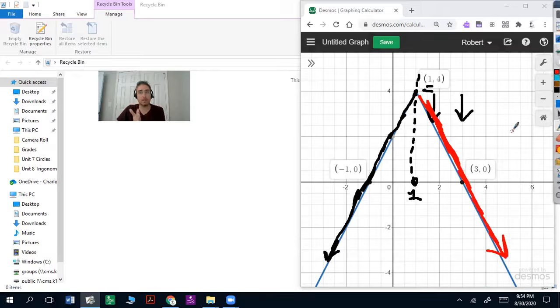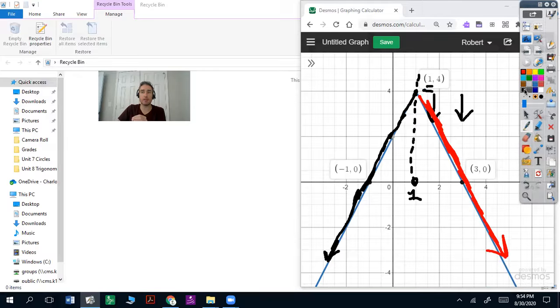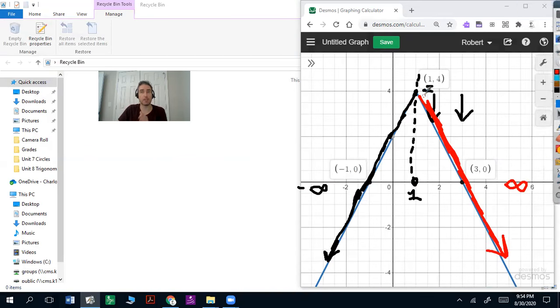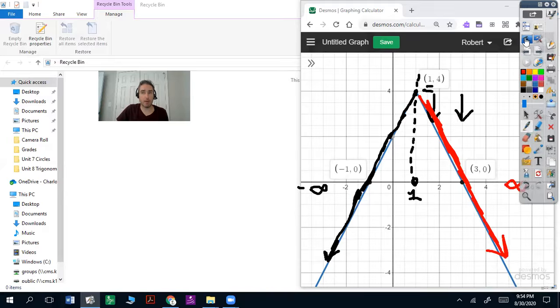But keep in mind that the left side is going to be negative infinity and the right side is going to be positive infinity. We talk about x values, not the y values. It's going down, yes, but the x value is increasing as the graph is going down. So it's a decreasing interval from 1 to infinity. So to recap that,